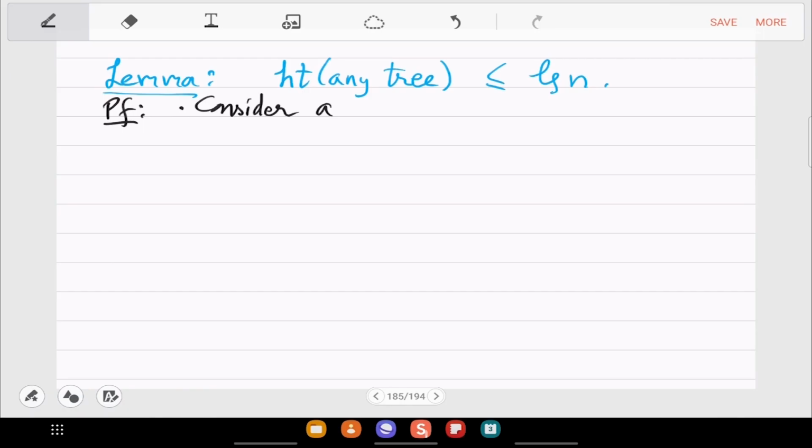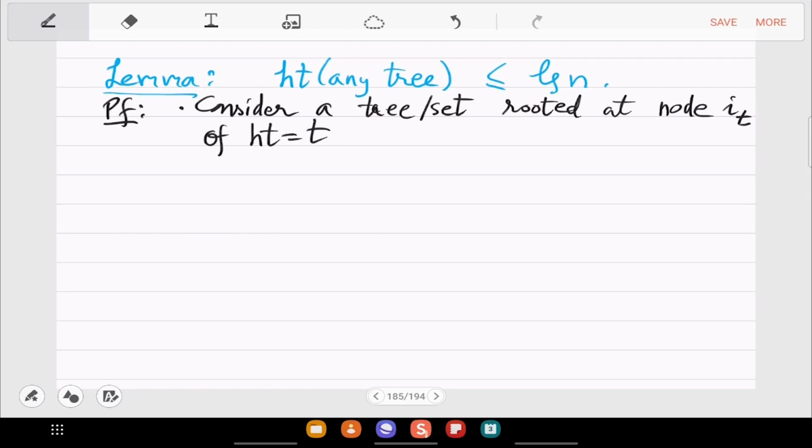So consider a tree, which means it's basically storing a set, rooted at node IT of height t. Let us draw that.